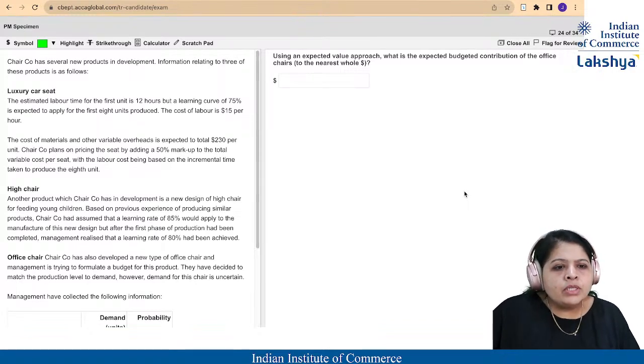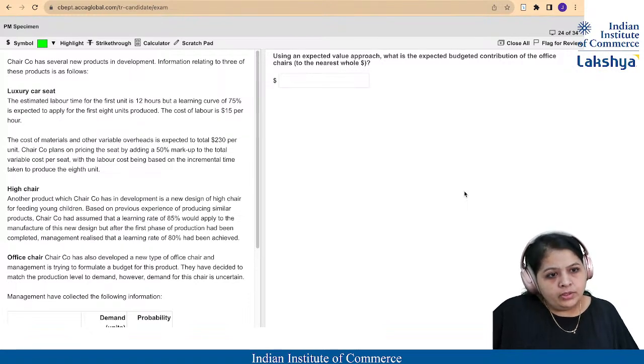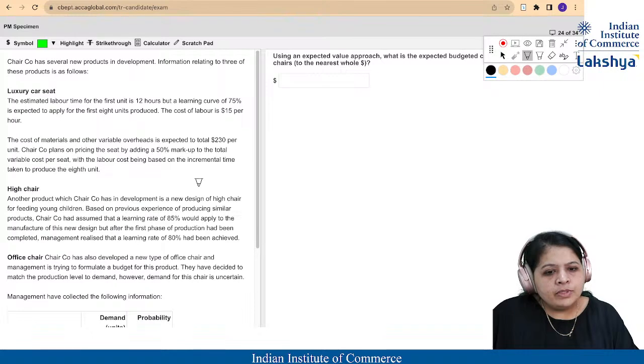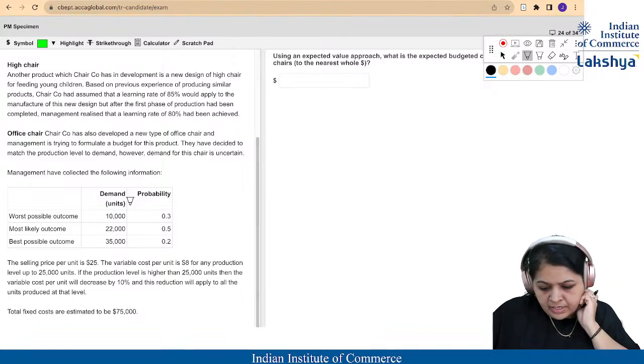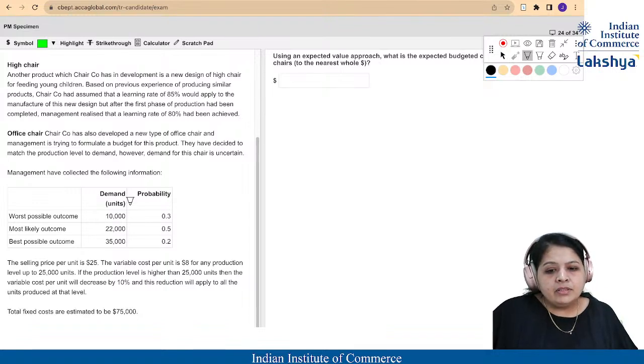Using an EV approach, what is the expected budgeted contribution of the office chairs to the nearest whole? We have got the values which can show us the EVs, right? So demand is given, but here we need to find out our contribution, right? Because the expected values are there, we are going to take the demand and multiply that with the contribution. So for the first and the second possible outcomes, the contribution remains constant